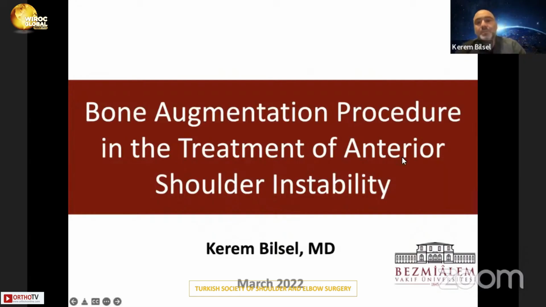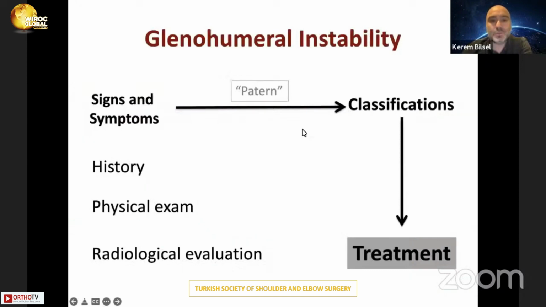I will talk about the bone augmentation procedure in the treatment of anterior shoulder instability. I will focus mainly on the Latarjet procedure and iliac crest grafting for revision cases. So as Ghazi mentioned about the